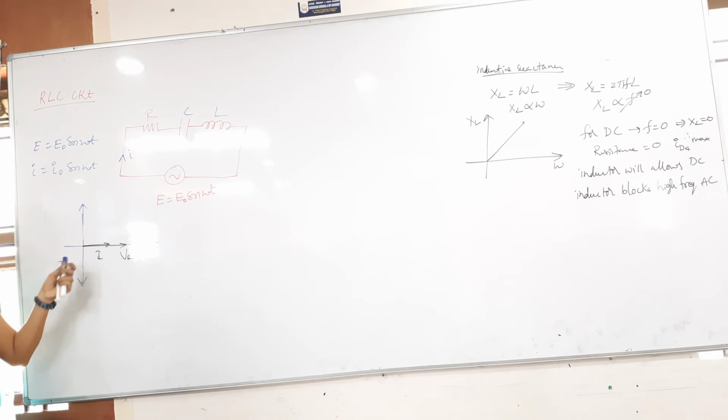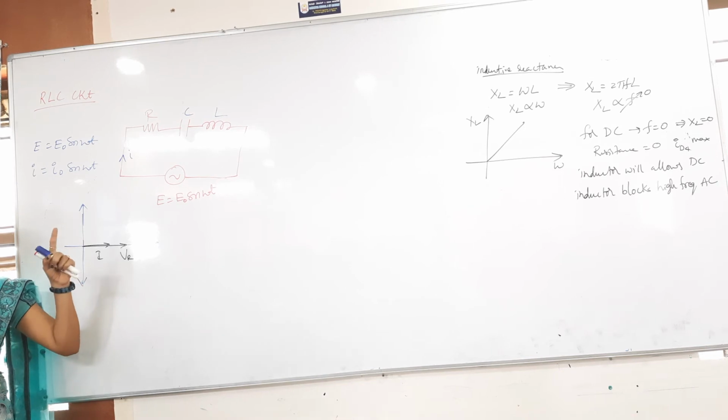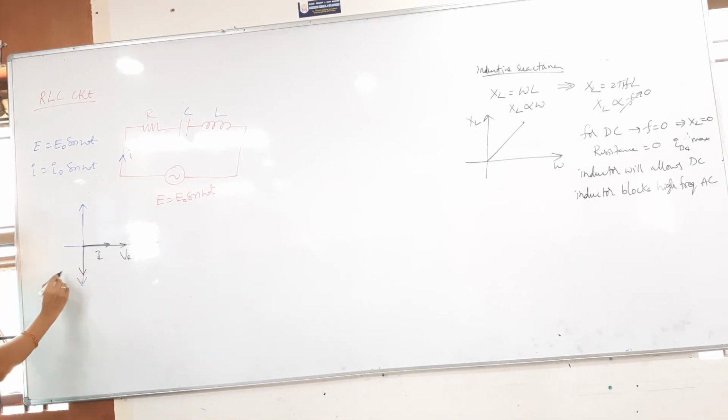In the capacitor circuit, which was leading? Current was leading, voltage was lagging. So voltage is lagging, so VC we got in this direction. Voltage in the capacitor circuit, voltage in the resistor circuit. Then in the inductor circuit, current lagging, voltage leading. Nothing but where we got the voltage? Above, this is VL. And now the current is gone.